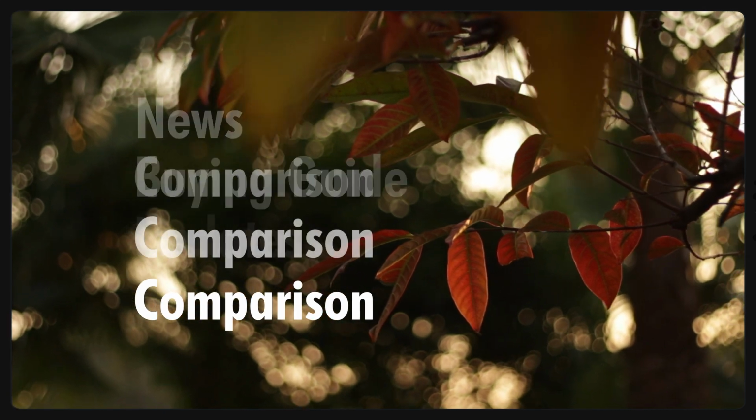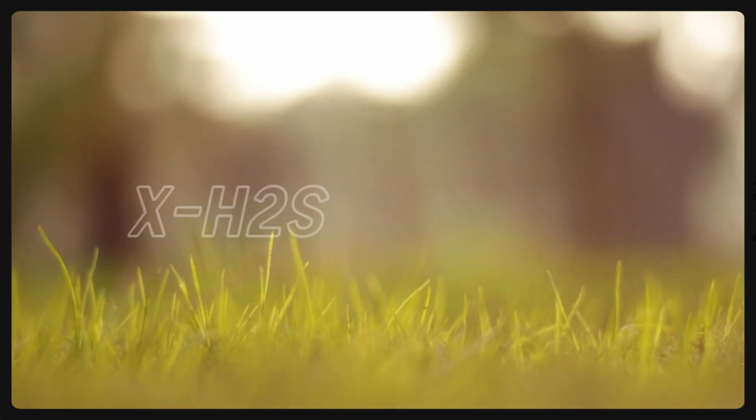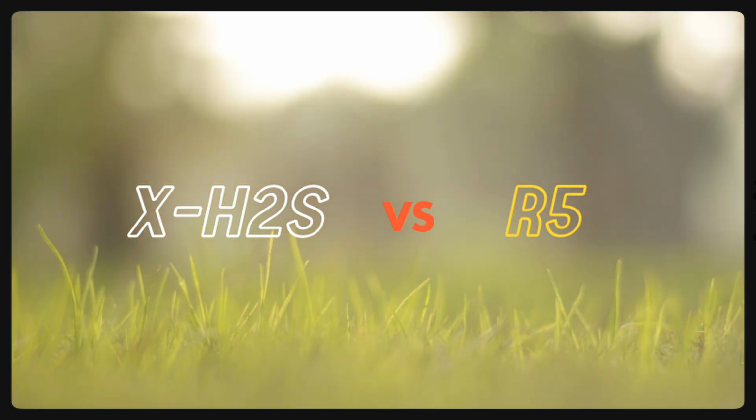And today we'll be looking at a detailed specs comparison of the new Fuji XH2S and the equally amazing Canon